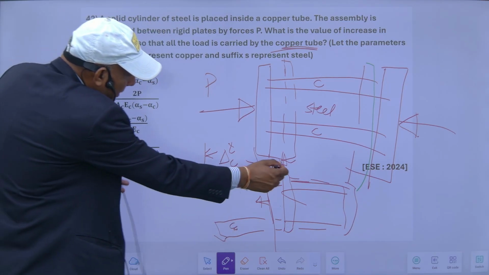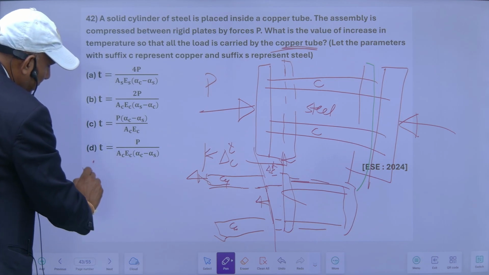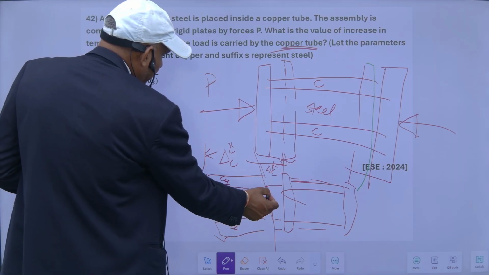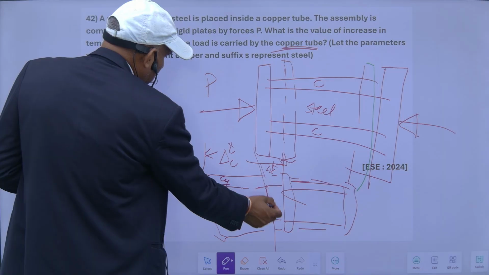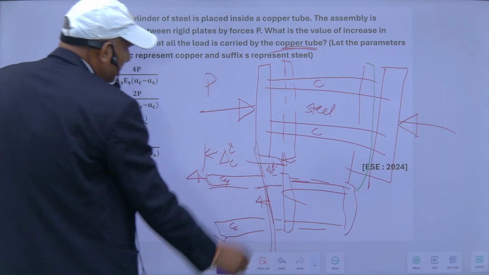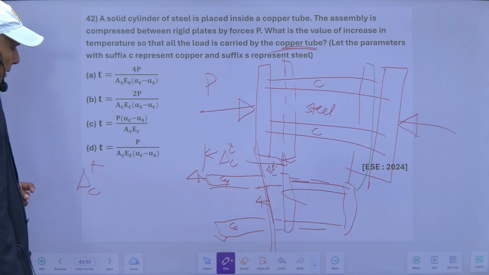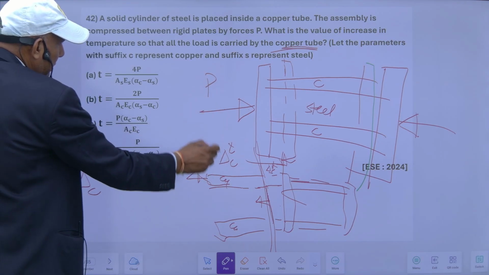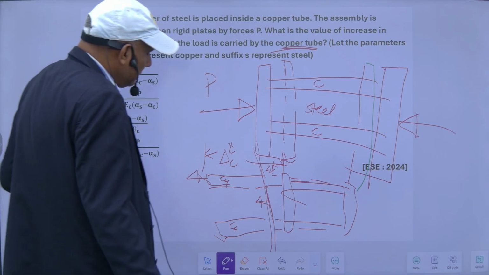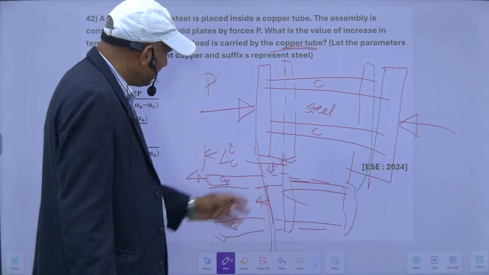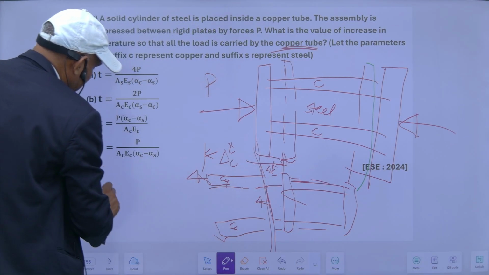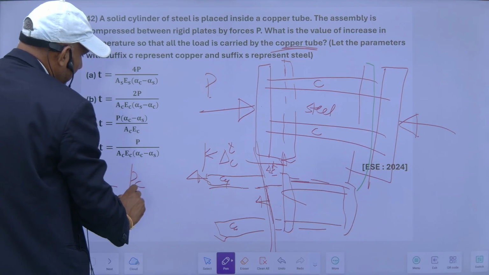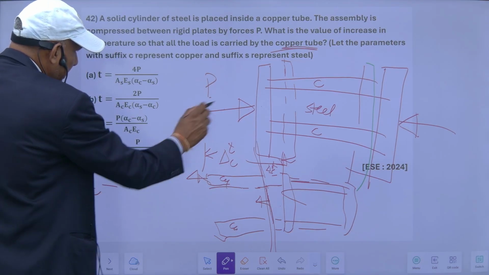So this is delta in copper due to temperature, and finally it will try to come to these positions, and due to this force the copper will come to this position. So delta C in copper minus this will be equal to the stress in copper, or we can say this load